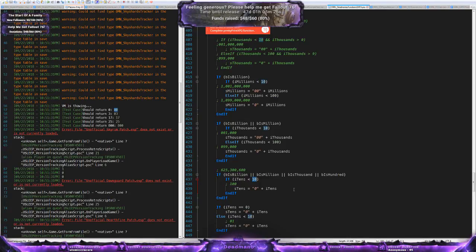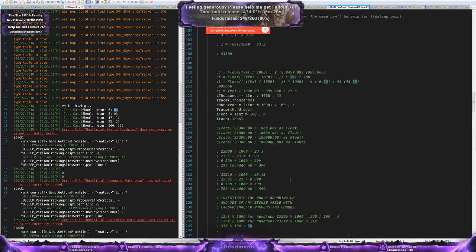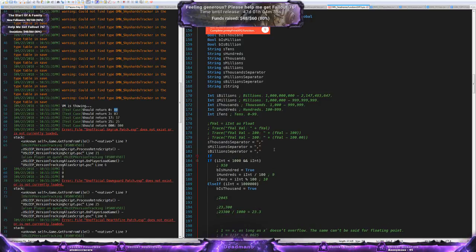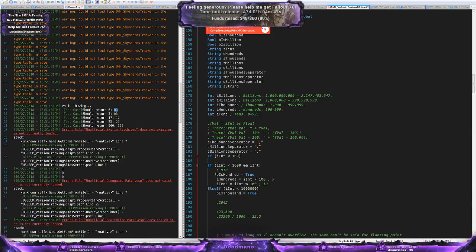Then I10s would be. Okay, so there's an easy fix for this. We shouldn't be if int is less than 1,000. Or it should be less than 1,000, but it should also be if it's greater than 99. Wait, so we just need another if. If int is less than 100, then